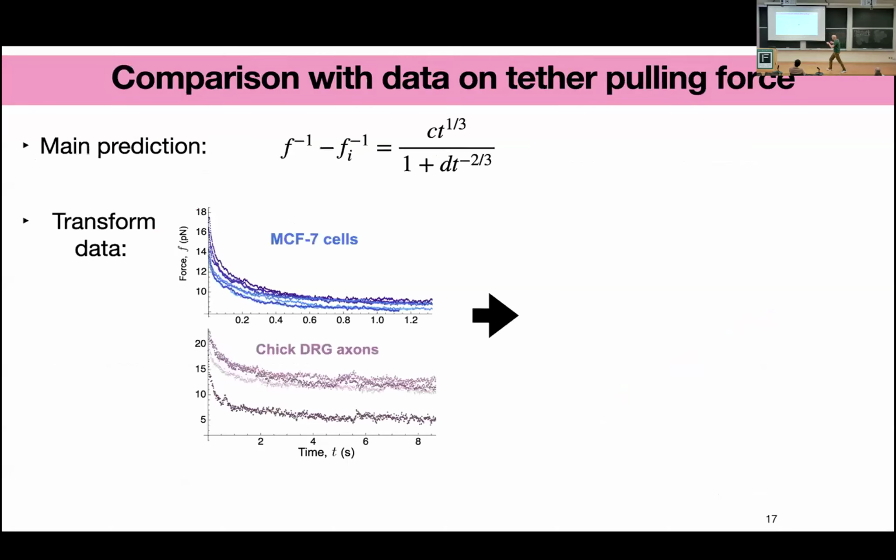Okay, so the main prediction, to summarize so far, is that once you suddenly pull one of these tethers and look at the force decay, it's not going to be exponential, it's not going to be double exponential. The key point is that the tether radius is changing in time. And that's going to at least suggest that there's going to be a crossover from a linear behavior to a 1/3 behavior. So we take the raw force data, we want to transform it to make it look like the tether radius. So we'll just take the inverse and subtract off the initial value. And this is the same data, I forgot the references. These are tethers pulled from